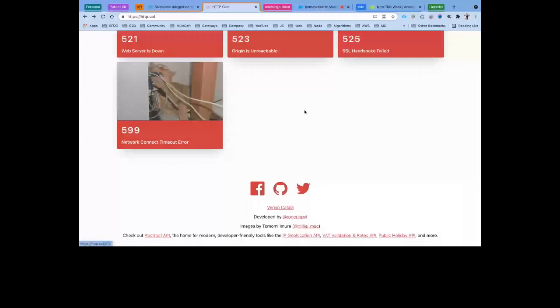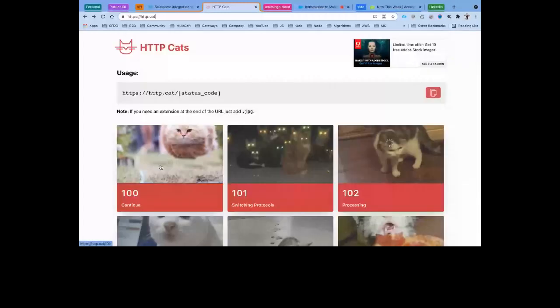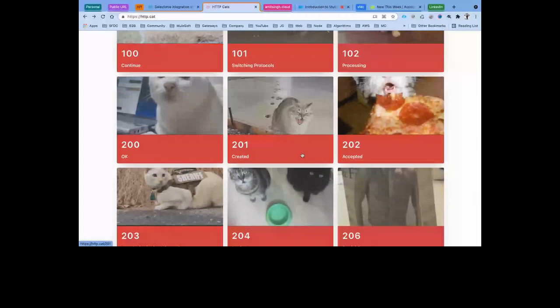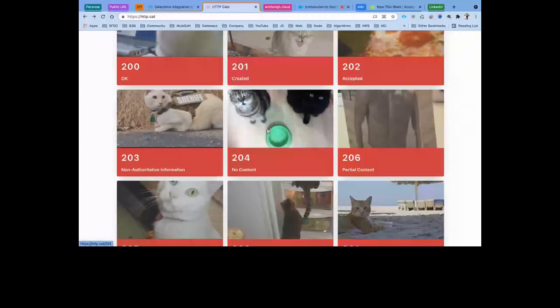If you talk about 202 or 201 or 200, these are the three status codes which are considered as success, and even 204 is also considered as success. 206 is also considered success. So basically these are the six codes that you can consider your API is somehow working fine.